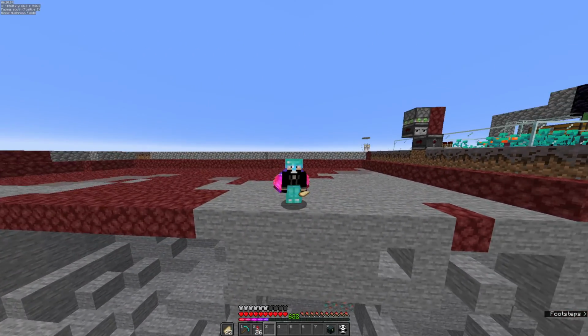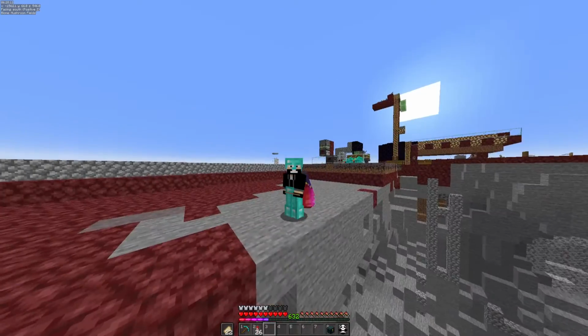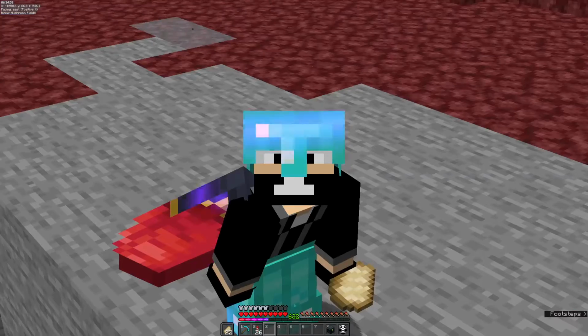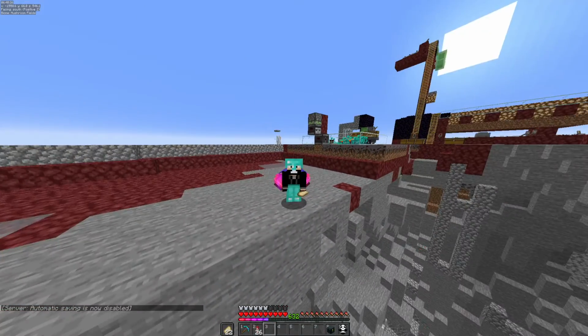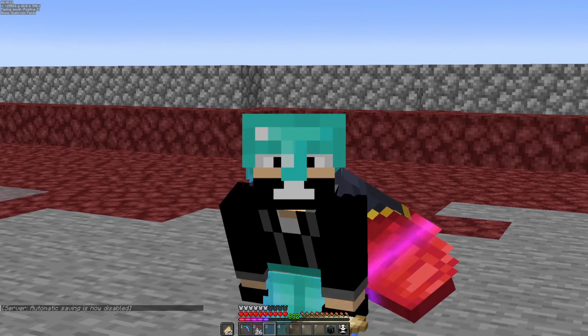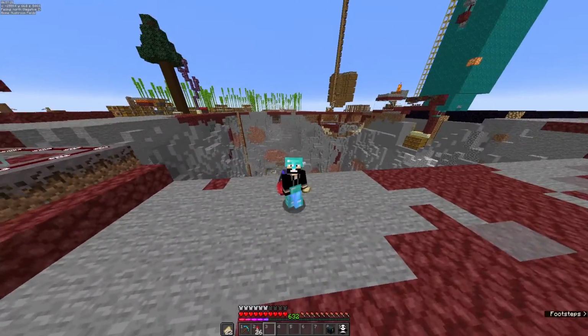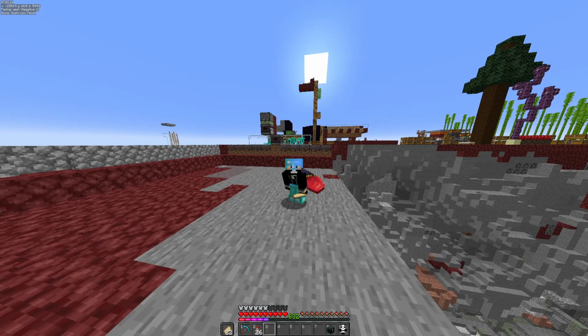So as a personal point, I prefer not doing block by block tutorials because they skip over understanding exactly how a farm works, and so when it breaks, most people don't really know how to fix it because the block by block tutorial only shows them how to build it, not necessarily knowing how exactly it works. But for this one, we're going to be doing a block by block tutorial to better understand how exactly Litematica